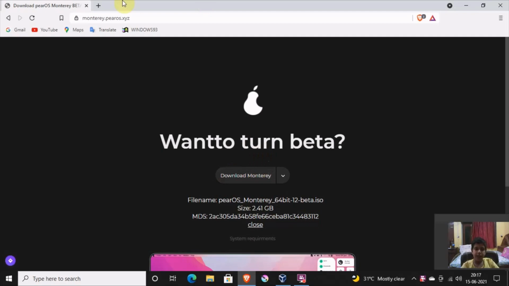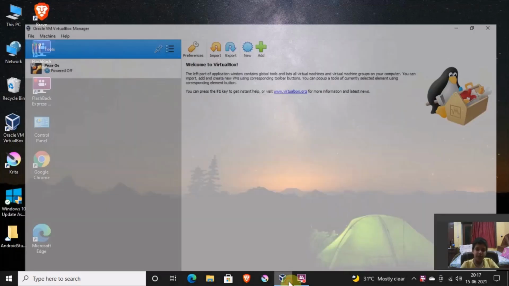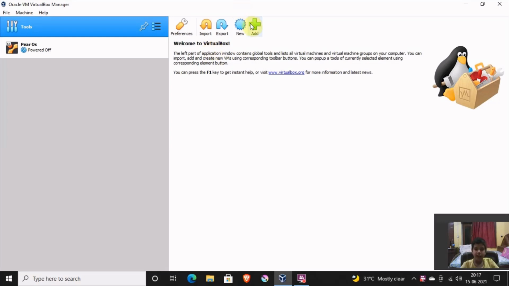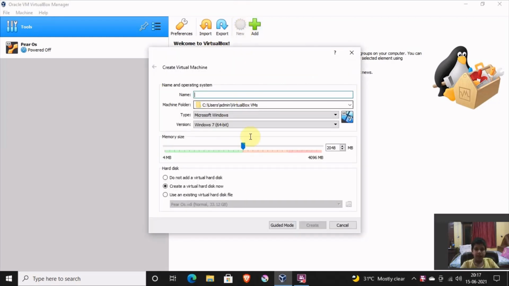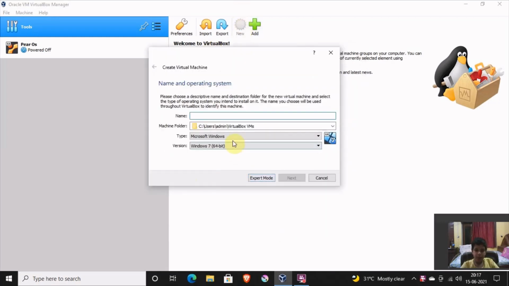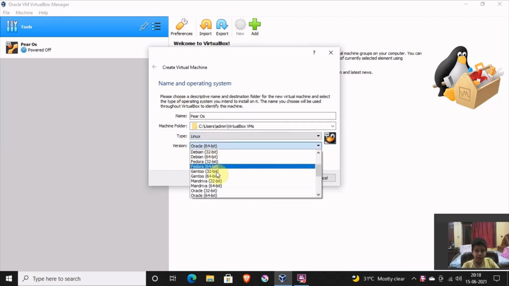After you have downloaded the ISO file, just open VirtualBox and then click on new. Here you have to first put the name of the operating system. So I will write here Pear OS. After that, the type will be Linux and the version will be Ubuntu 64-bit.